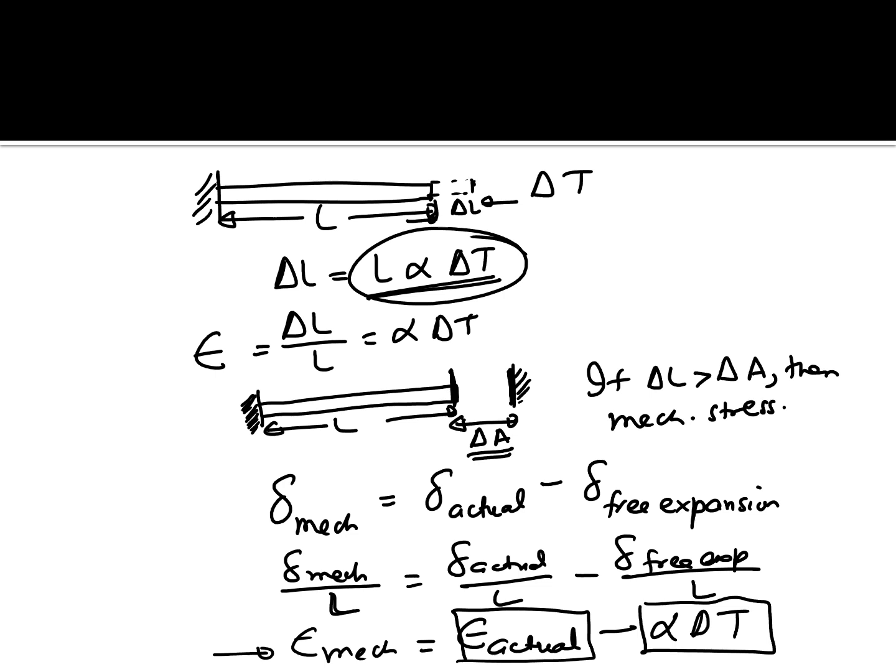So it's a very important concept, because in a fiber matrix environment where you are combining fiber and matrix, the fiber is going to try to expand some, the matrix is going to expand some, but they don't want to expand the same amount if they were free to expand, because the thermal expansion coefficients of fiber and matrix are different. So there's going to be an actual strain which won't be the same as the free expansion strains, and only some of that actual strain will contribute to the mechanical strains and hence the mechanical stresses. Let's keep that in mind, and then we will look at the derivation and be able to think more about it.